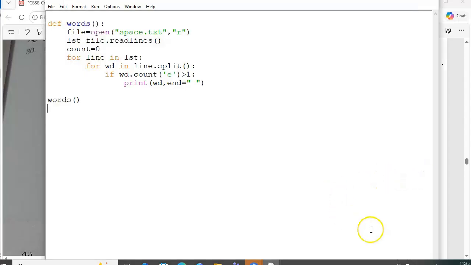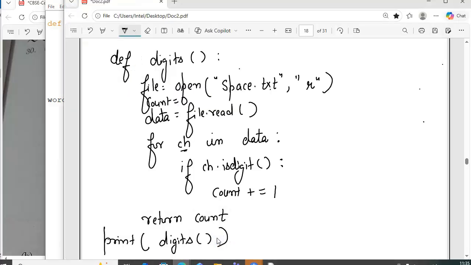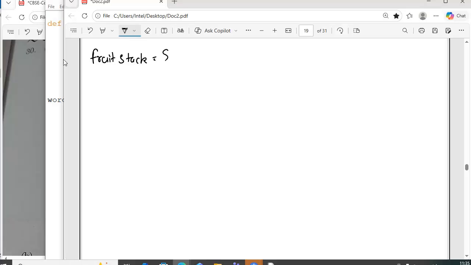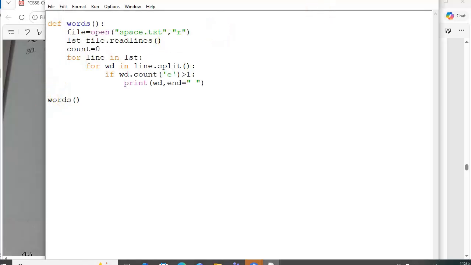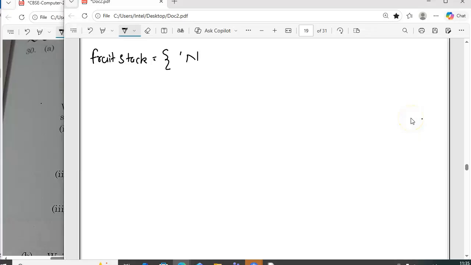So what we have to do in this, I can write it here. First we will be starting with fruit stack, right? So fruit stack is equal to, some values are given in the question. We can minimize this window. So fruit stack, we have name apple, origin France, price 120. So it's name apple,